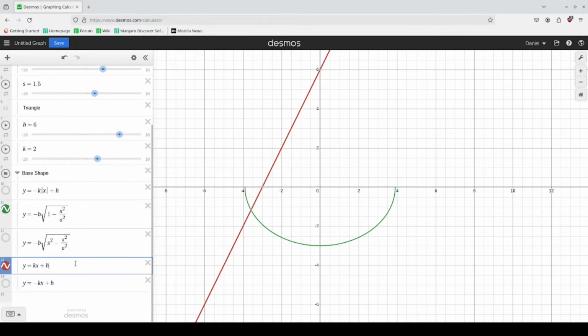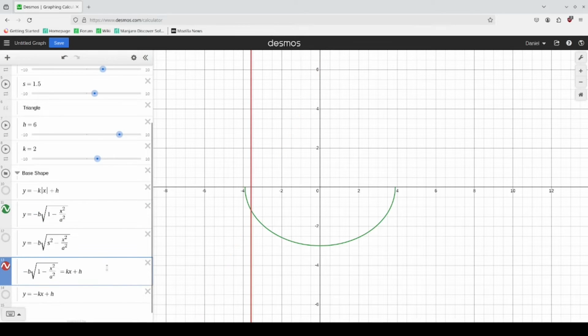And so we're going to do on the fly math here. So we want to find an x such that the kx plus h here is equal to this value here. So let's put this down here. Now we're going to solve for x in this equation here, and I did some thinking, and